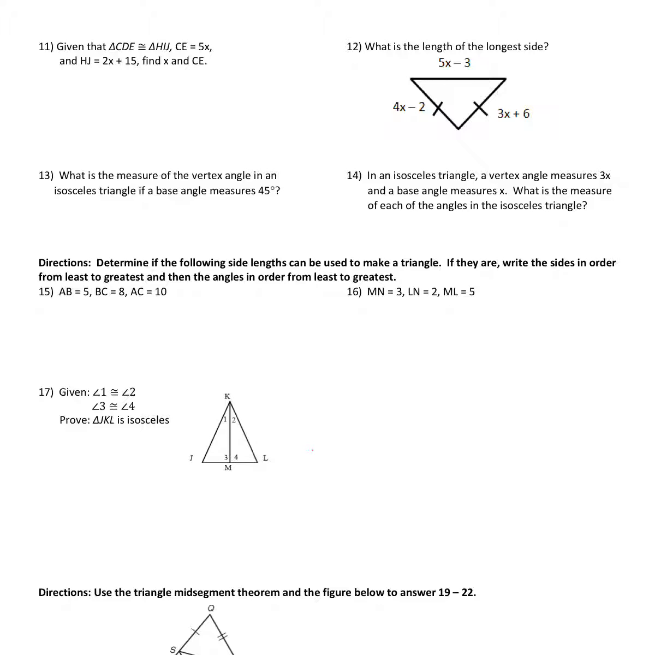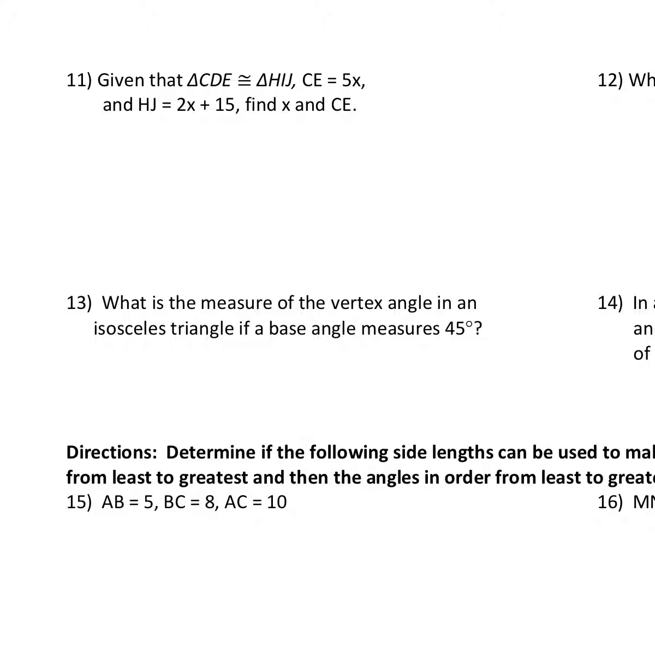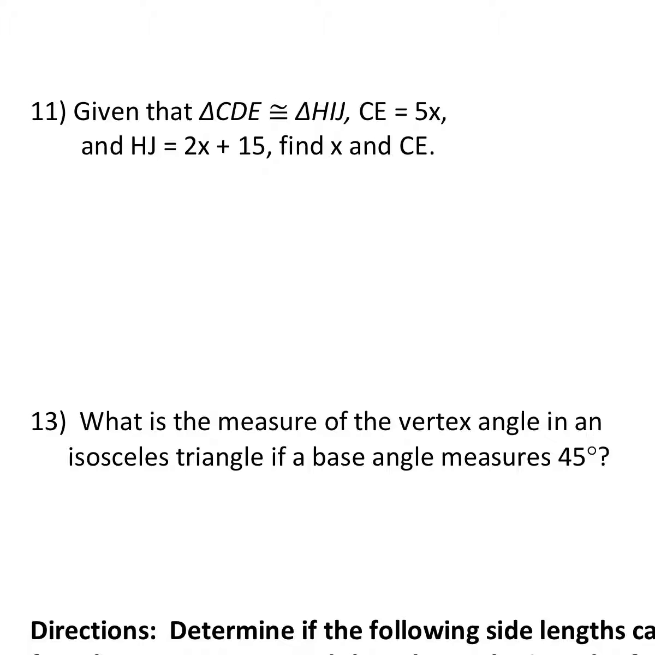So for 11 through 14, we're now dealing with our isosceles triangle and the isosceles triangle theorems. For number 11, it tells me triangle CDE is congruent to triangle HIJ. CE equals 5x and HJ is 2x plus 15. Find x and CE. So what I'm going to do is come back to my congruence statement